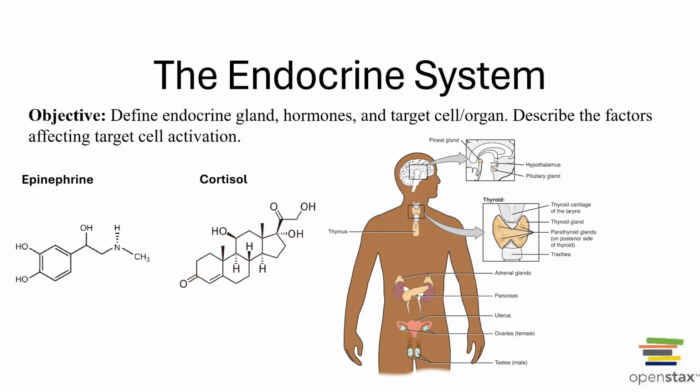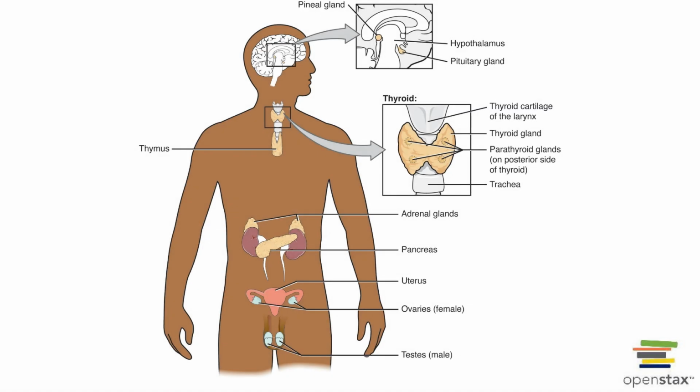In this video, you will learn about the endocrine system. We will define what endocrine glands are, what hormones do, and how target cells respond to these chemical messages. The endocrine system is one of the body's two main control systems, working alongside the nervous system to regulate internal